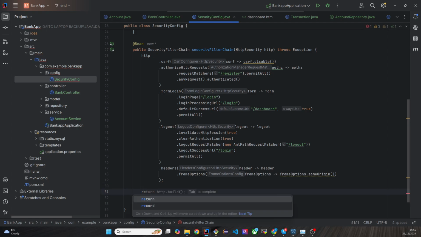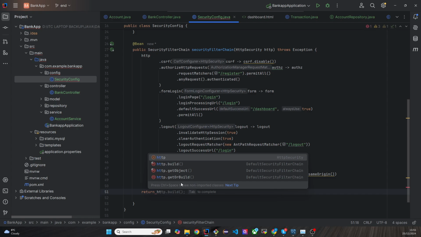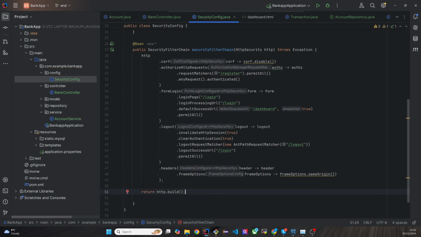Once we have described all our settings, we will build the HTTP part, and at last we will create